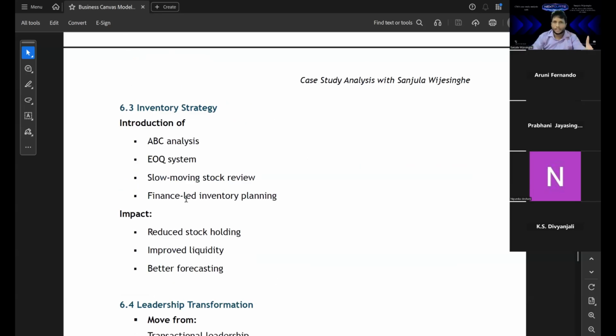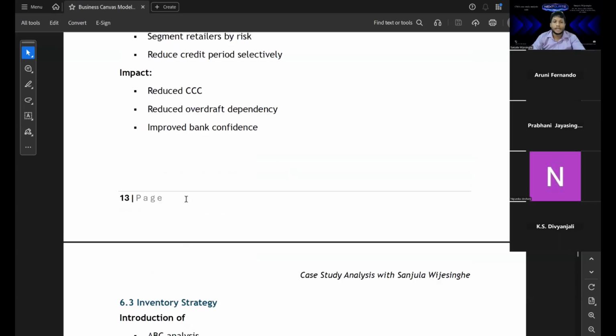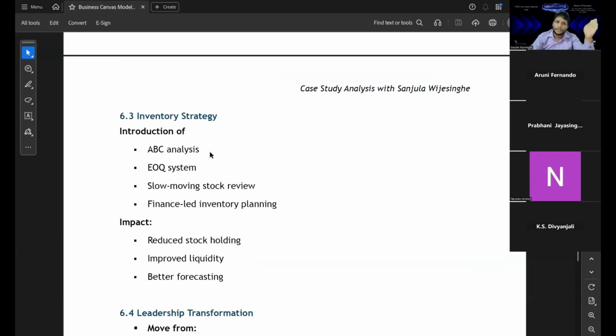Then the inventory strategy. Now you see the inventory strategy: ABC analysis we discussed, EOQ analysis we discussed, economic order quantity, that is the place where